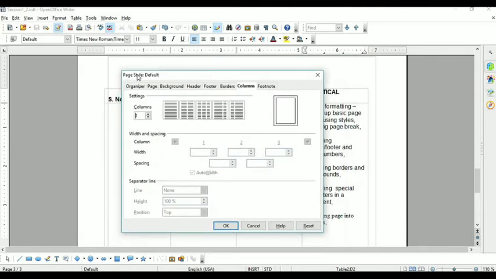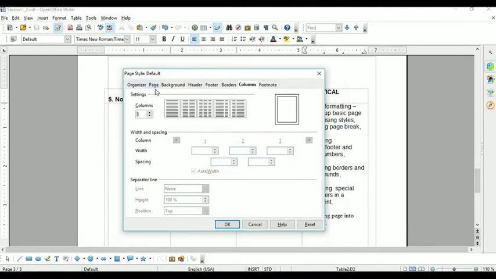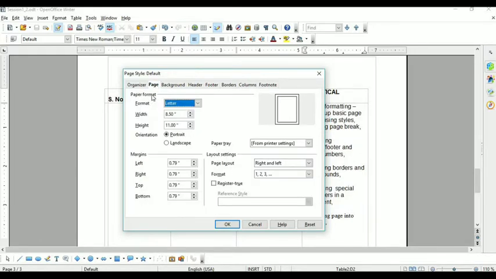See, the Page Style dialog box will appear. Here the second tab is the Page tab. Once you click on the Page tab, you will get the same as what is given in the picture. Paper format: see here, this time the paper format is Letter. If I want to change this Letter to something else like A4, select this. The width and height of the A4 page are automatically reflected once you select A4.